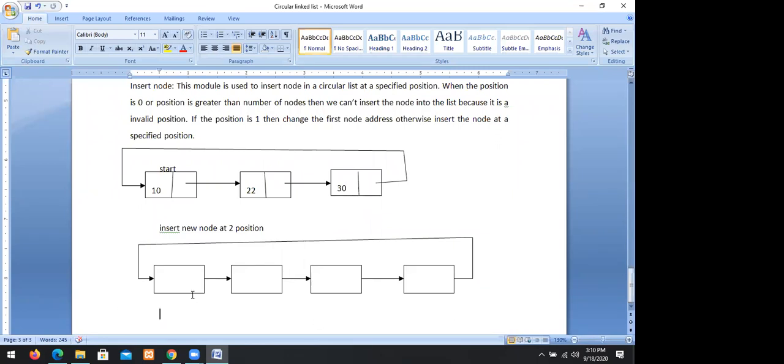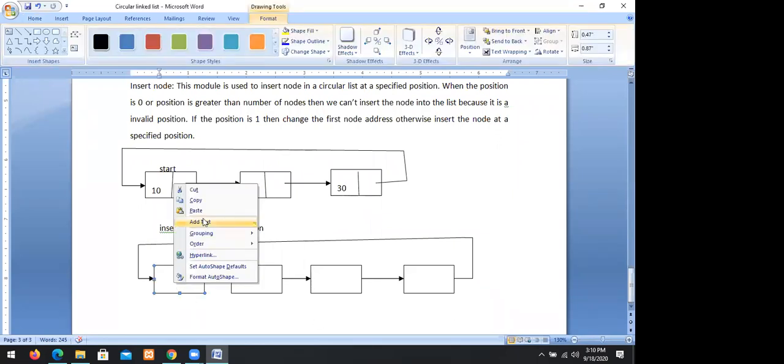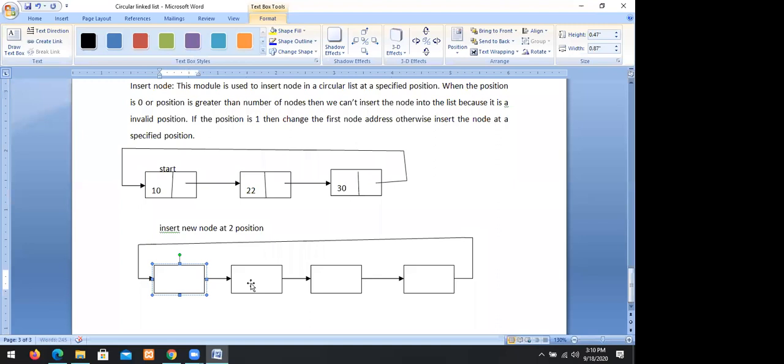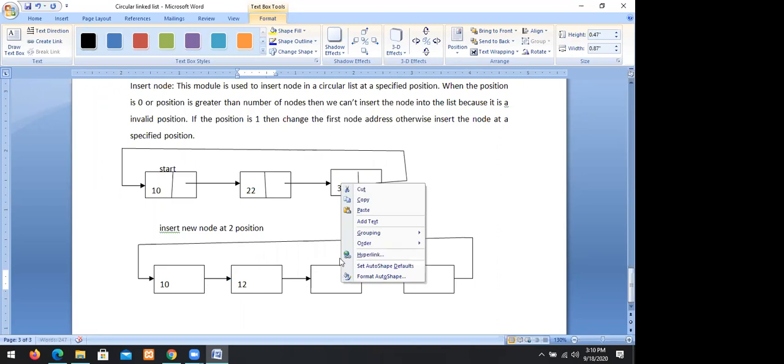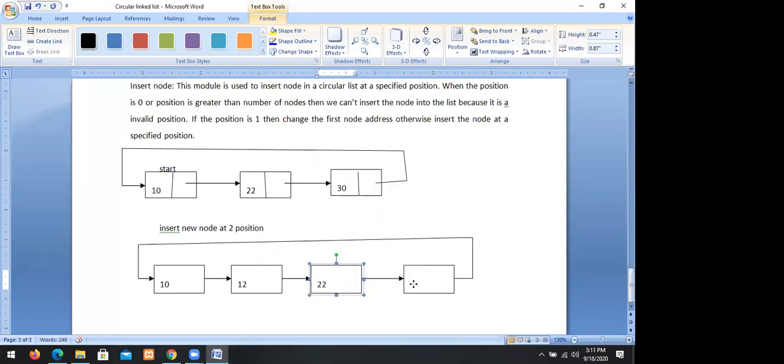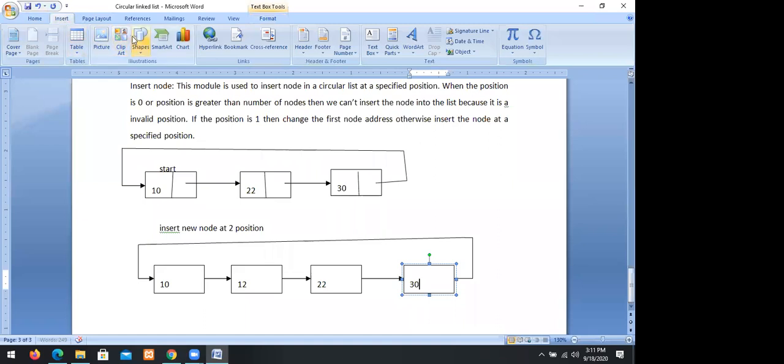So this is my new list. I want to insert a node here. The new value is 15, and this is the new value. 10, 22 are our already existing values, and this is 30.